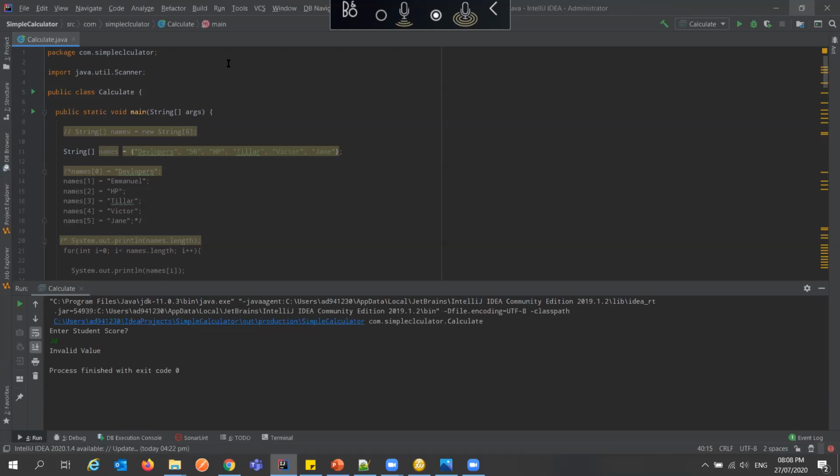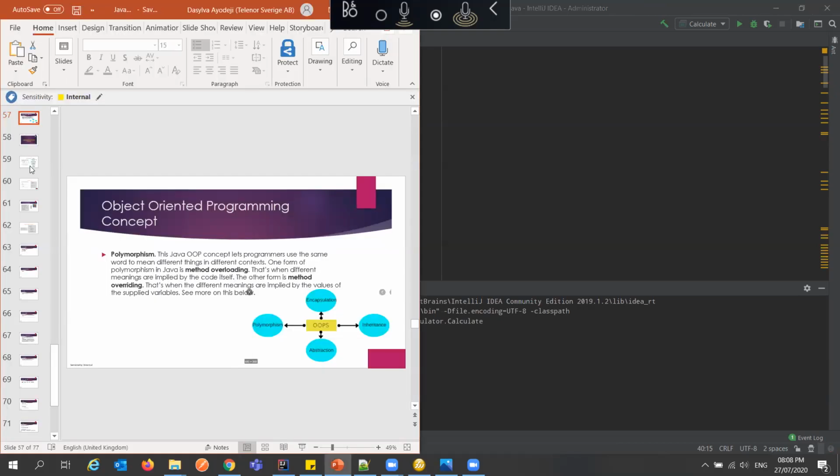And the gender is both male and female. So the human is like a container from which man and woman come out. Okay, so let's take it like that. But in programming, it is referred to as what? Let's see what the slide says.